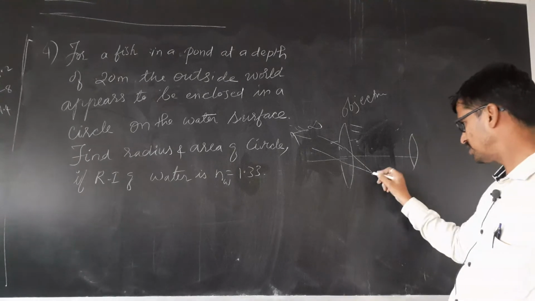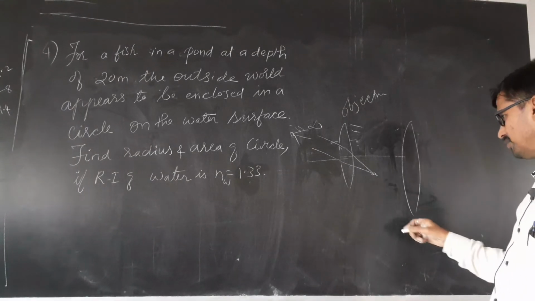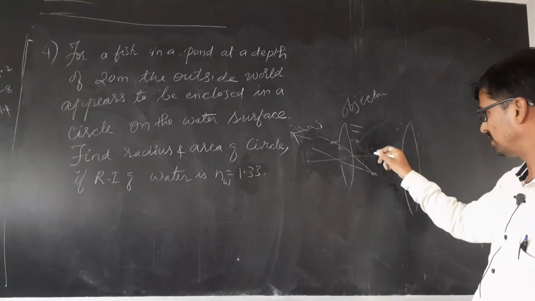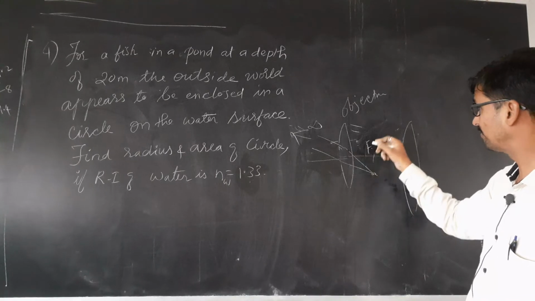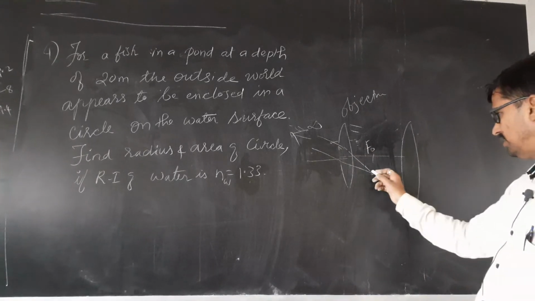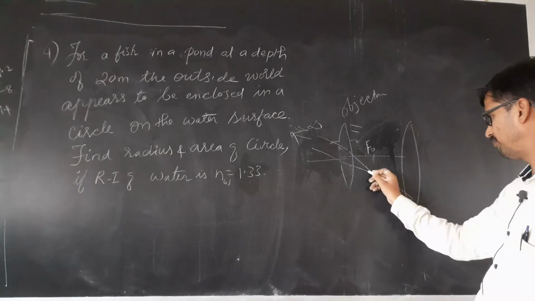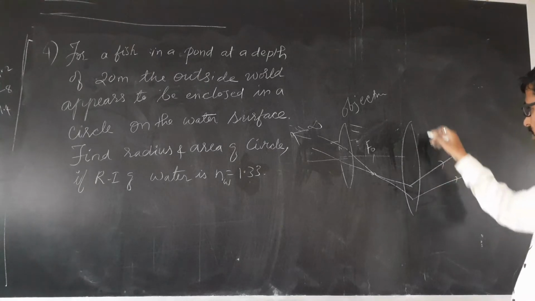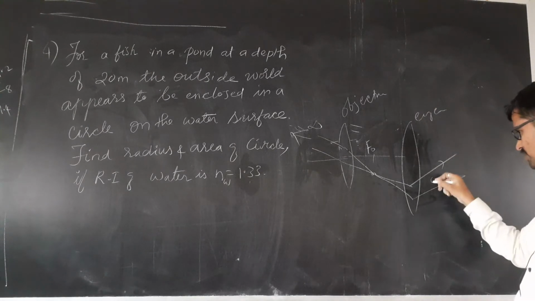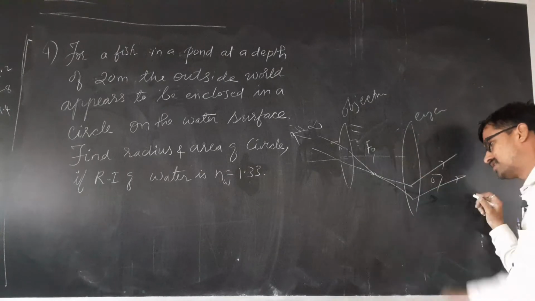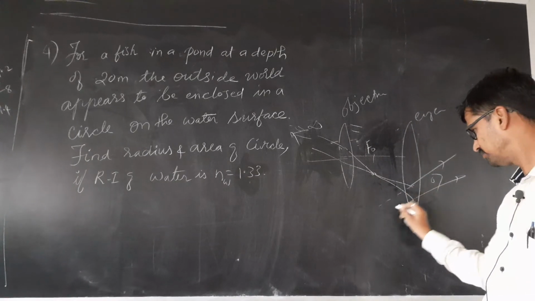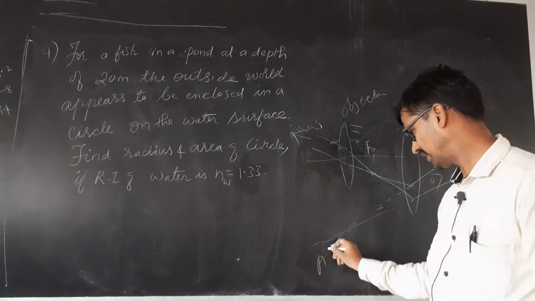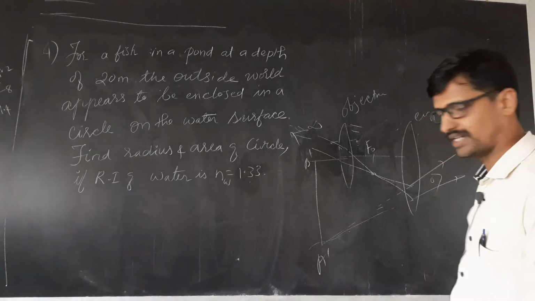Now this object has produced an image at the principal focus of the objective lens. These rays further proceed and they will fall on the eyepiece lens. Why is it called eyepiece? Because your eye is here to visualize the distant object. These rays appear to have come from something like A dash. So A dash B dash is the final image.